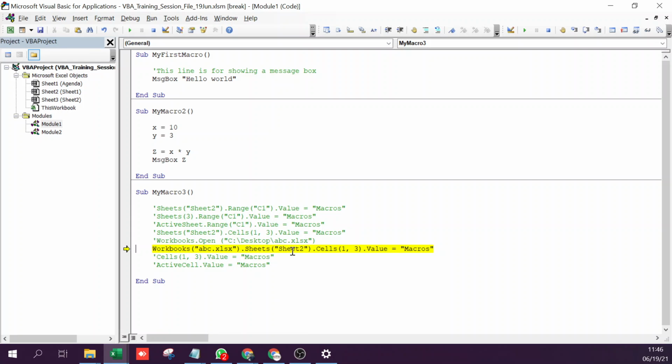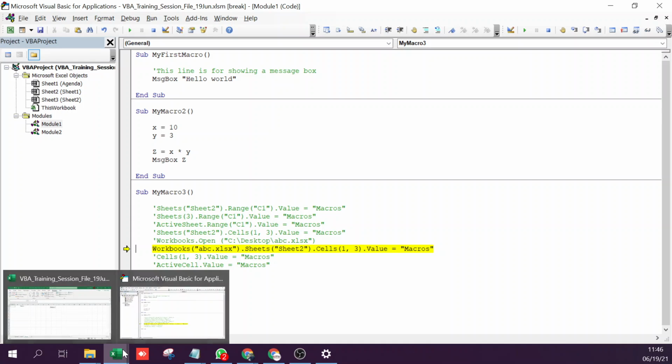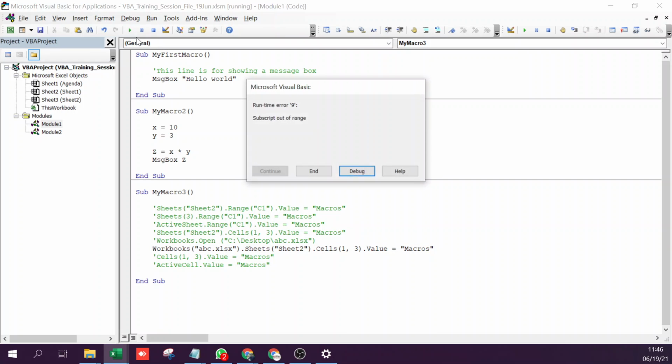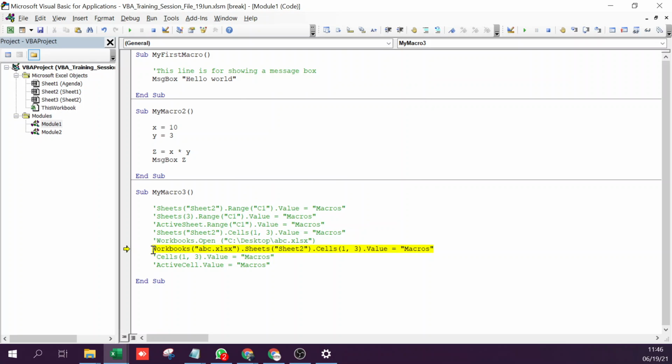So now I need to check if there's anything wrong here. So I normally go and check if the file is open. If the file is not open, that means I know the error. And if I have to come out of this, I can click on this reset button or the stop button. Now the macro is not running. Otherwise, normally if I run anything and there is an error, I can even fix it here and now. So I can simply, let's say, delete this, and now this will run correctly. I'll hit play, it will continue running. So wherever it stops, I can then continue running, and if I want, I can stop it.